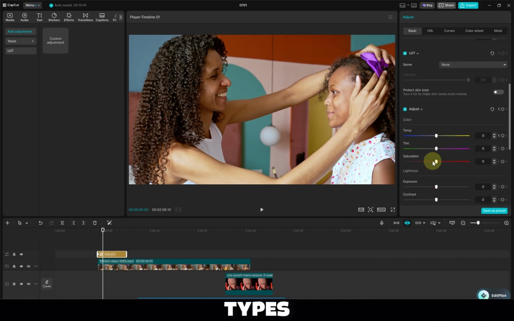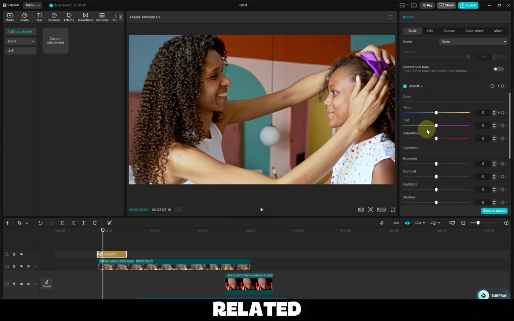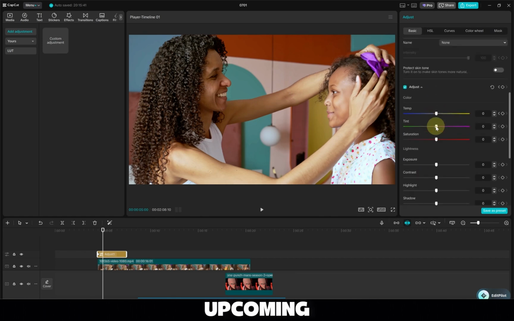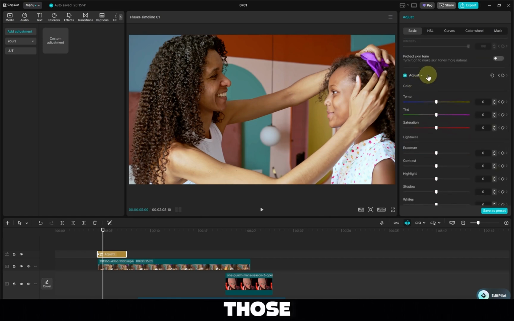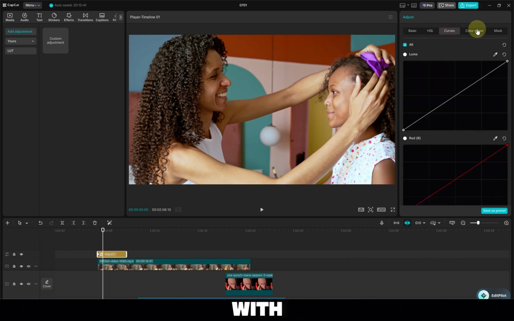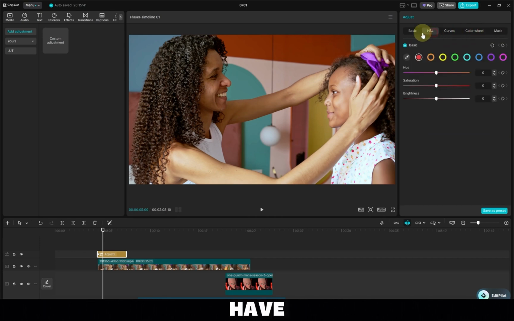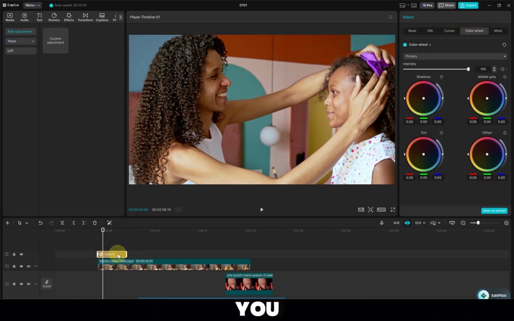Here we have different types of options related to LUT. I'll explain those in upcoming lessons because those are very amazing options to play with. Now, of course, if you have an adjustment like this one that you like, you can save it as a preset and get it here on yours. And for the LUT, you can import a LUT from different file types and different projects like DaVinci Resolve or